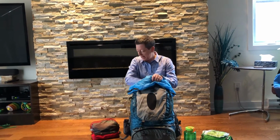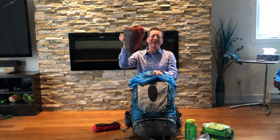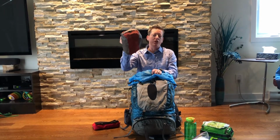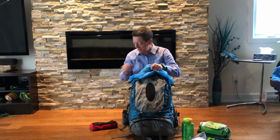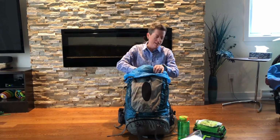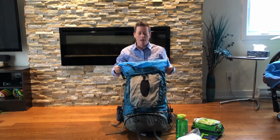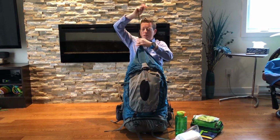Then I would put all my survival kit, everything I need, battery, flashlight, all that is in there. Easy access. Then all my electronics that I need for the weekend. And this will finish the main part of the backpack. Once it's all closed,